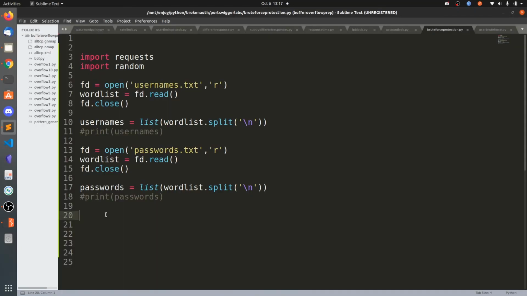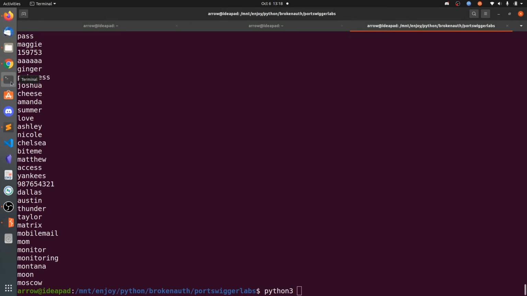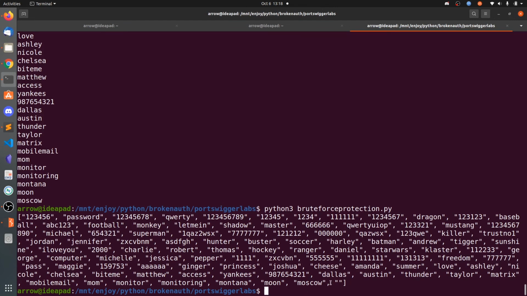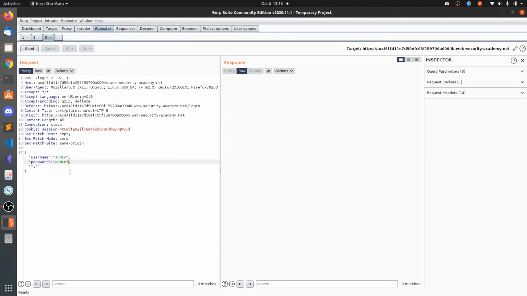So what we can do is import json, then print json.dumps. There is this dumps method; it will take the list and convert it into JSON format. So we will be converting the passwords list with json.dumps. Now you can see we got the list. We can just copy the whole list and paste it here.